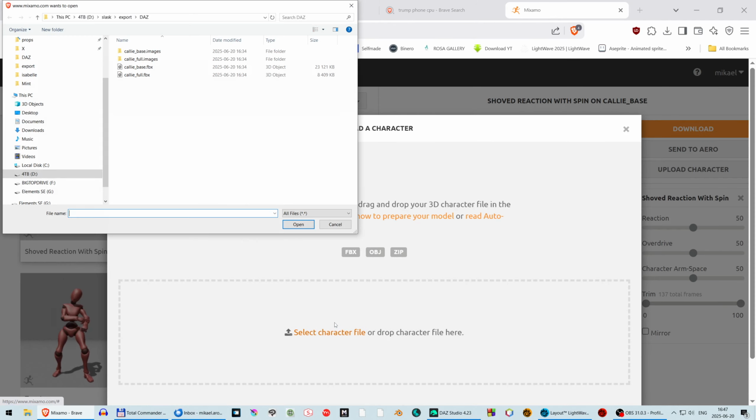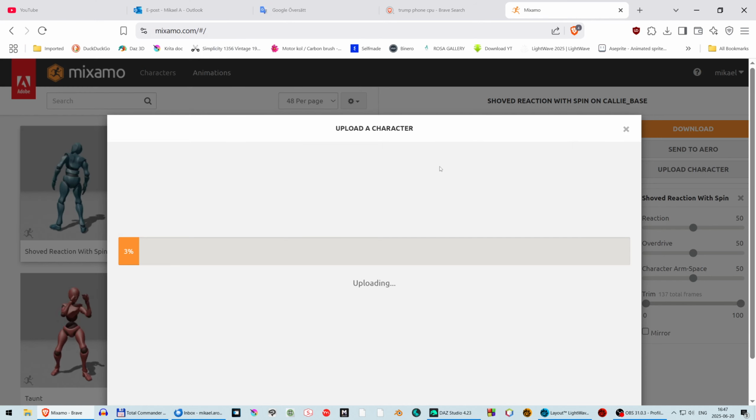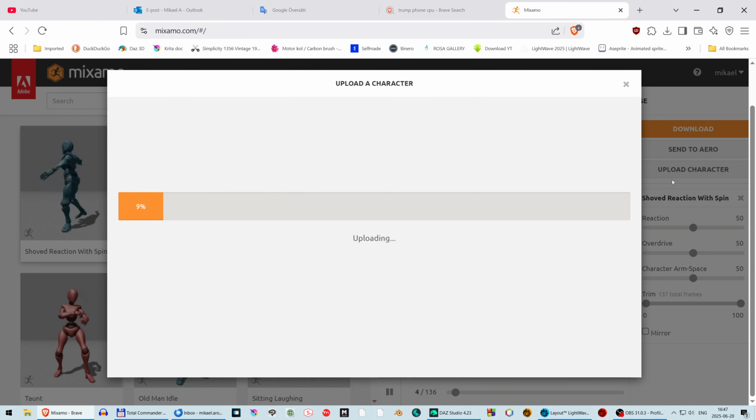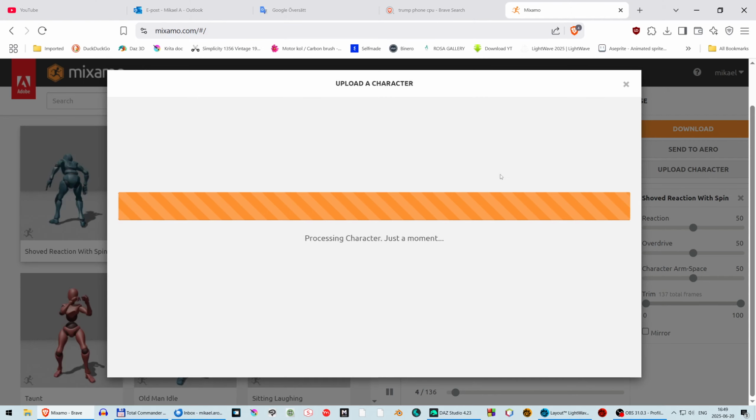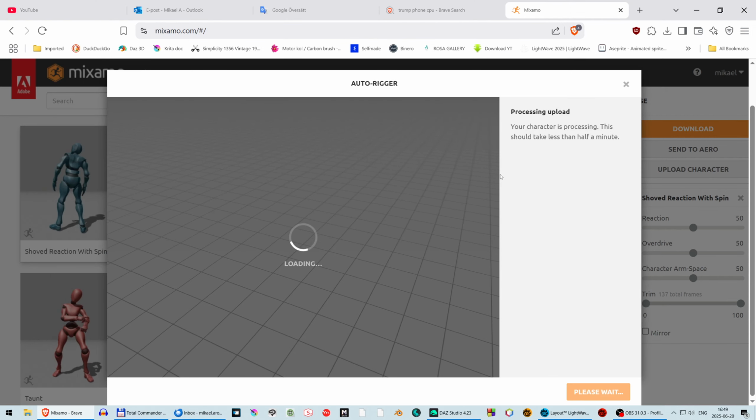I have logged in here, and I'm going to import the Kali base file, the one without the morphs. And it's going to take a little while to get it in here. So this is a complete FBX file with rig and everything. So we don't need to do any auto rigging here. It's complete as it is. So we are almost there, and